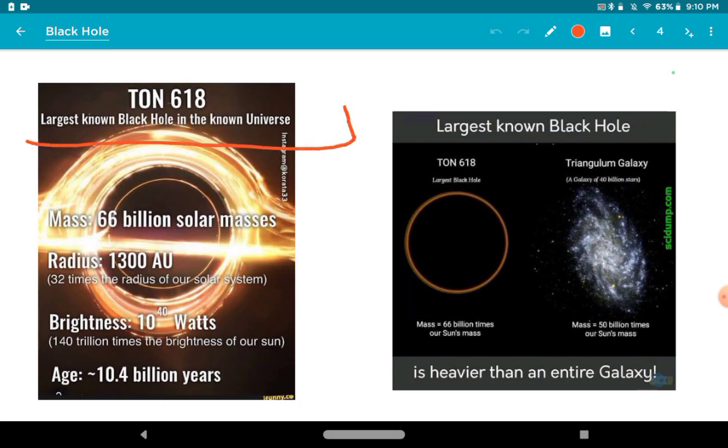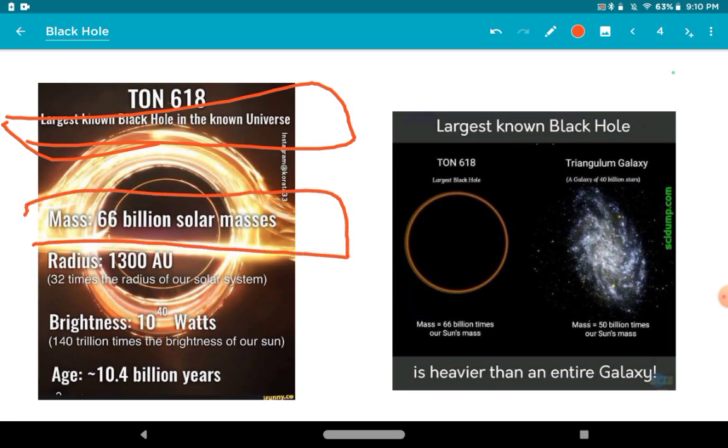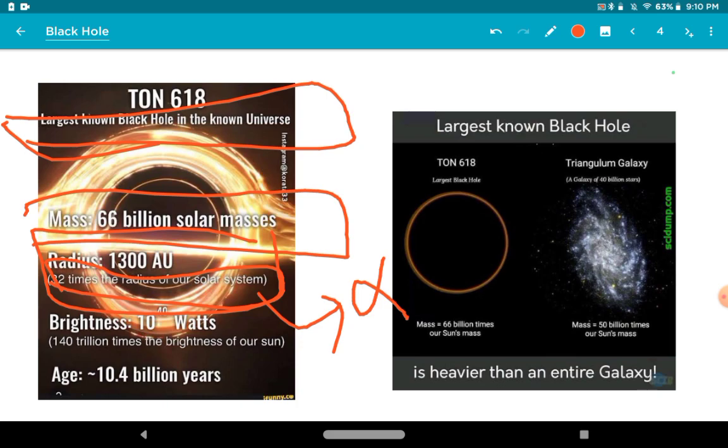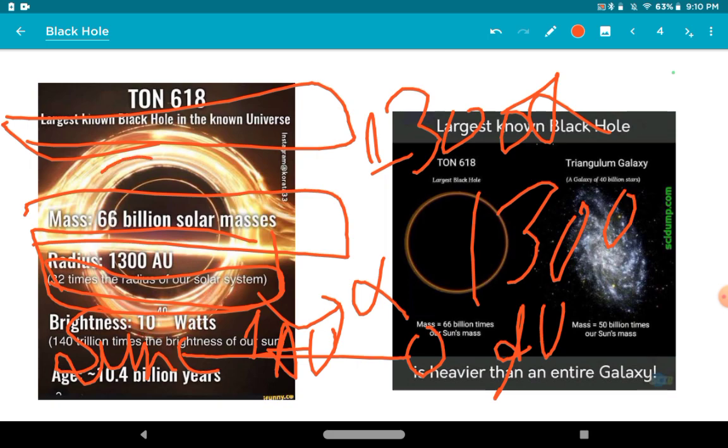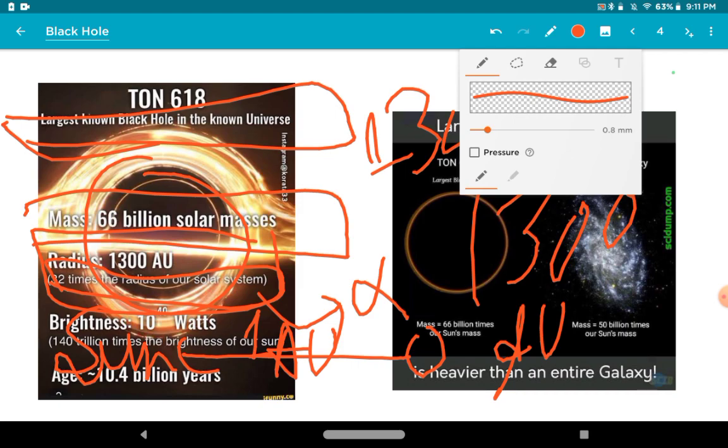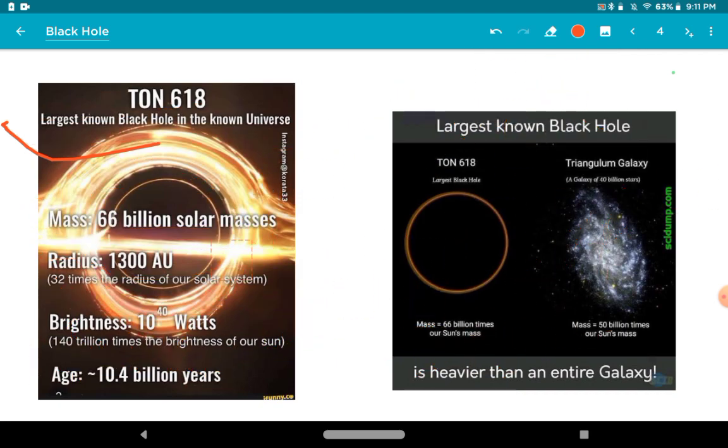Now let's come to TON 618 black hole. You can see largest known black hole in the known universe। मास कितना, 66 बिलियन सोलर मासेस। मतलब 66 बिलियन सूरज इसके अंदर समा सकते हैं, इतना तो इसमें मास है। रेडियस 1300 AU। जो ये 32 टाइम्स द रेडियस ऑफ द सोलर सिस्टम लिखा है, एक्चुअली इंफॉर्मेशन इज रॉन्ग। रेडियस 1300 AU मीन्स, पृथ्वी और सन के बीच का जो डिस्टेंस है, वो 1 AU होता है। अब उसको आप कर दो 1300 गुना। इतना तो इसका बस इवेंट होराइजन है, जो हमने बताया था। इसकी लिमिट, वी कैनॉट सी द लिमिट।